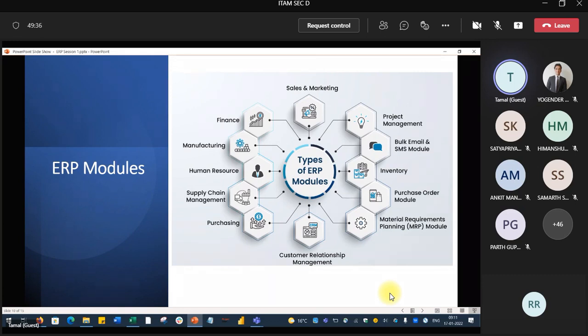After that, we got that. Email was not there, then email came, then SMS came, so all those modules started. Now it is WhatsApp, bulk WhatsApp messages and all are given. Those types of changes are being regularly made by the ERP vendors.